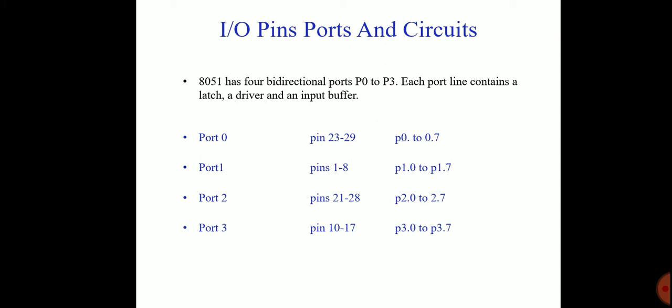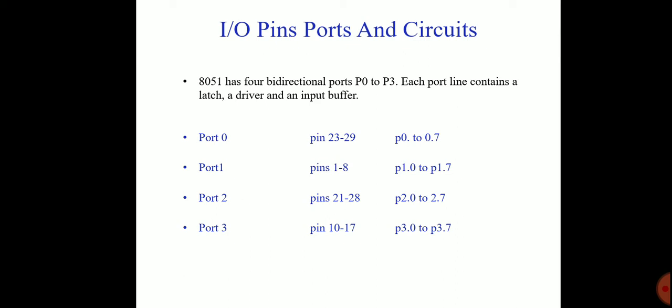Now the port 1 operation. Port 1 is a bidirectional input-output port with an internal FET pull-up, an active pull-up load. When port 1 is used as input, the logic level 1 is written to the latch, turning the lower FET off. The pin is connected to the pin read buffer and is pulled high by the FET load. An external circuit can overcome the high impedance pull-up and pull the pin low to input 0, or leave the input high for 1.